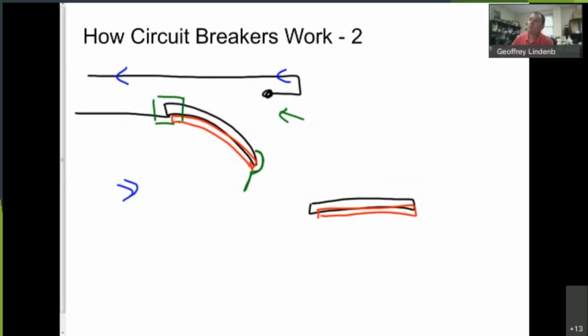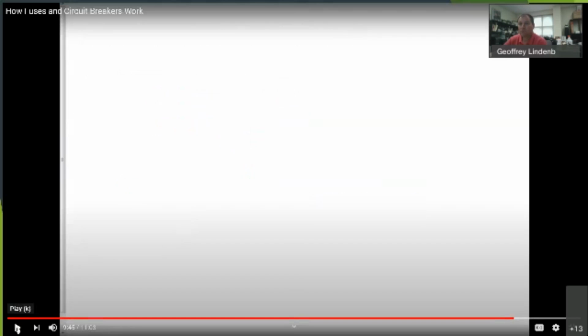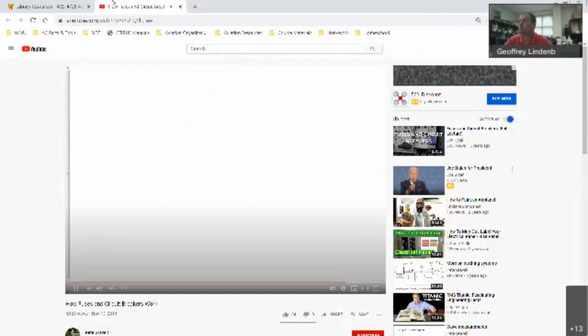So when the switch opens, current stops flowing, and there's a little latch that holds the switch open until you go back and press a button and reset it. So this one also is another way of breaking a circuit if too much current flows. Now, what are the advantages and disadvantages? Well, basically,